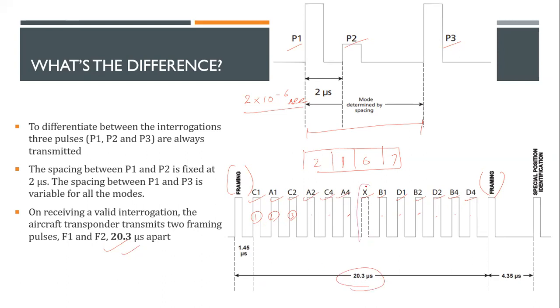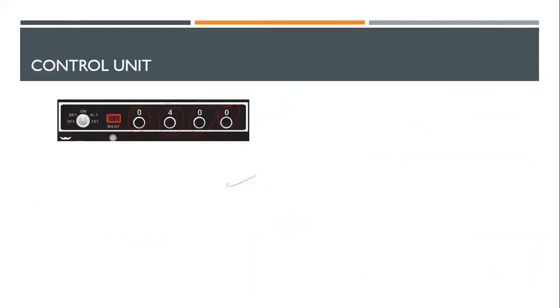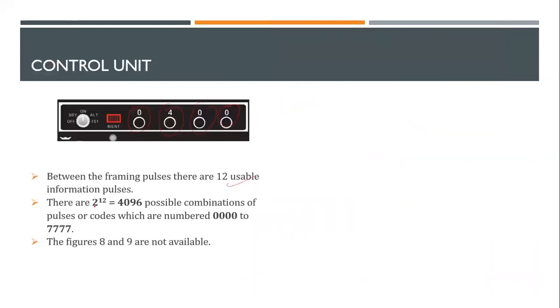So this X1 has a different use. We need a resting period or something like that. We'll explain what the use of X is here. But there are 12 different pulses, and that is why we have how many available codes? We have 2 to the power 12 codes. Why? If you do the permutation and combination, you get this number of codes.